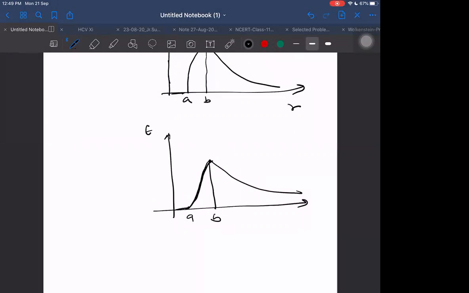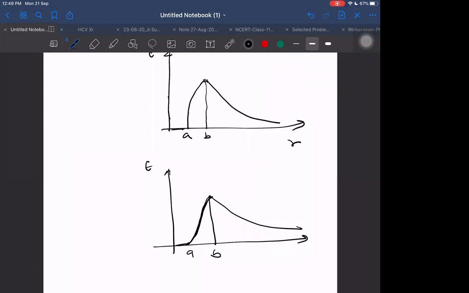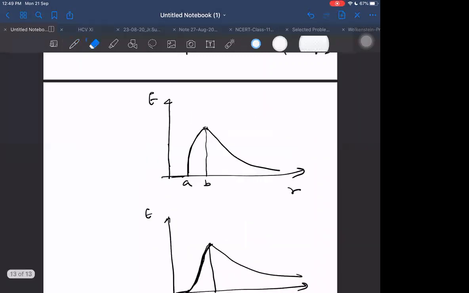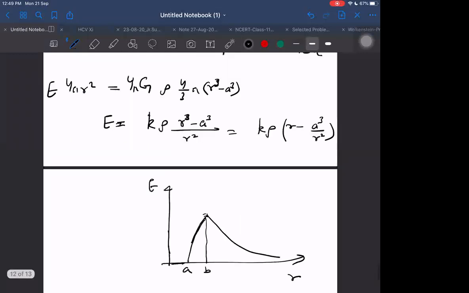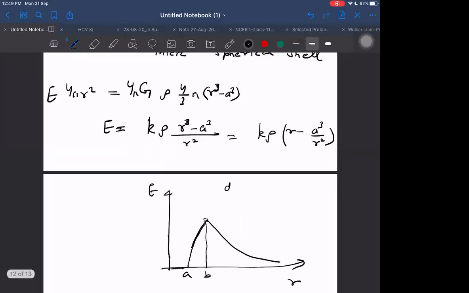But since the graph curvature is curved downward, or upward, what kind of shape will it finally have? I can get an idea only after knowing the slopes, that is, whether the slope is decreasing or increasing with distance. You can differentiate and we can say. Then I can find the slope, dE by dr.